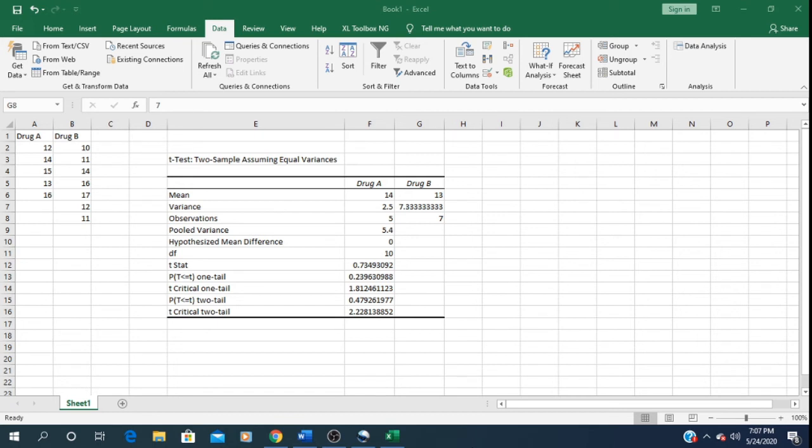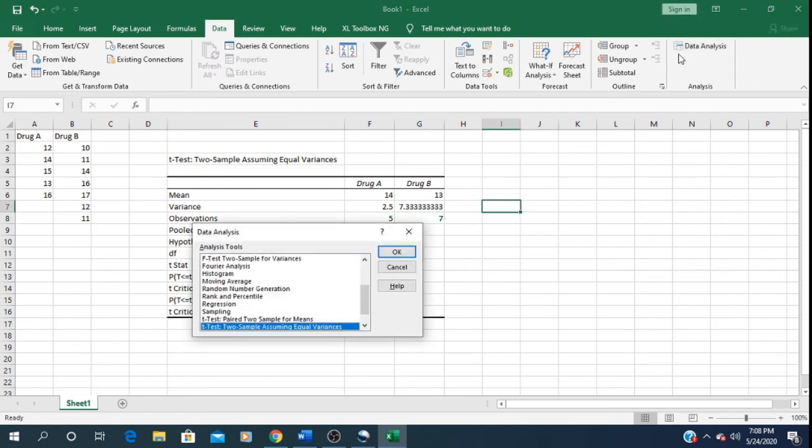So this is how we carry out t-test, or various kinds of statistical tests can be carried out using the data analysis tool pack. And just let me see what are the various data analyses we can carry out using this. So you can carry out various kinds of statistical data analysis.